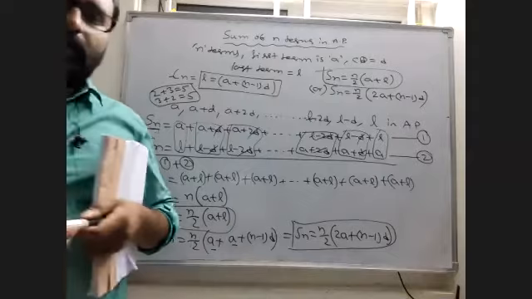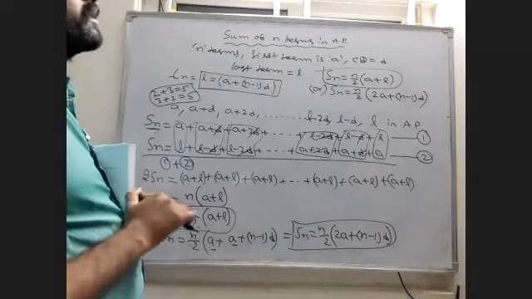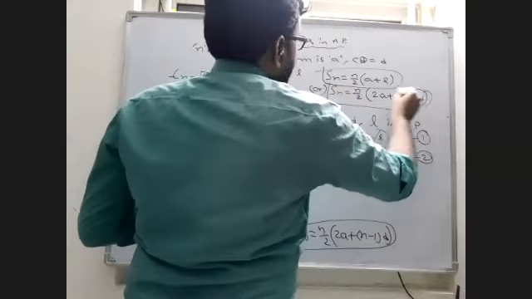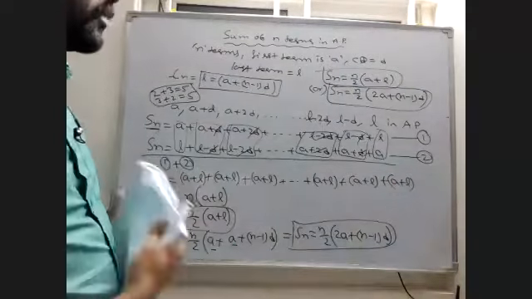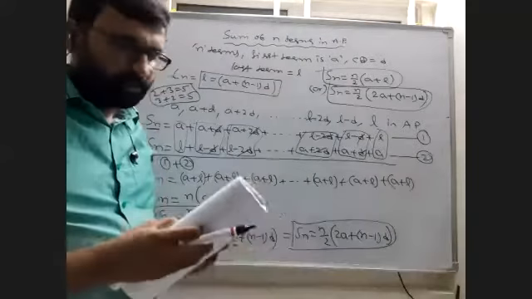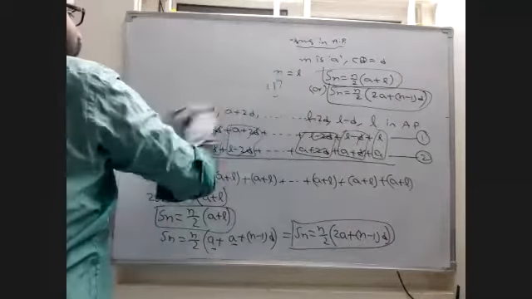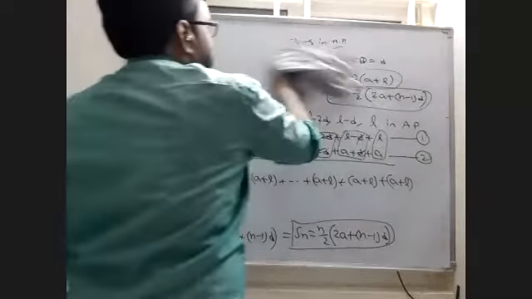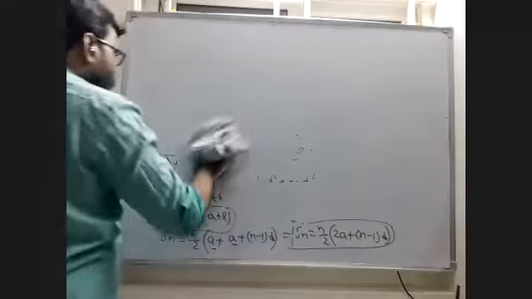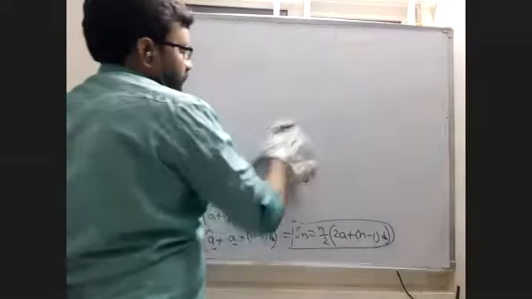Yes. So in arithmetic progression, the sum of the terms, formula Sn equal to N by 2 of 2A plus N minus 1 into D. One example we will see. This is very important. Sum of terms in AP. So how many questions you practice, that much practice you will get. Remember this.